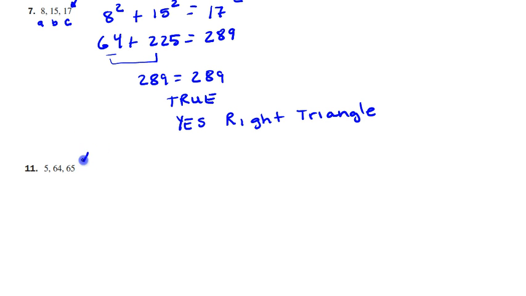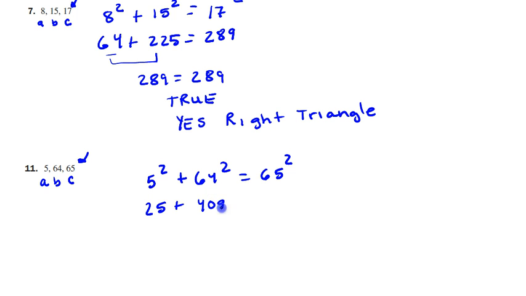Again, I identify my largest side. That has to be C. Then the other two are my legs, A and B. I'm going to use my Pythagorean theorem. A is 5 squared, B is 64 squared, equals C, which is 65 squared. 5 squared is 25, plus 4096, which is 64 squared, and 65 squared is